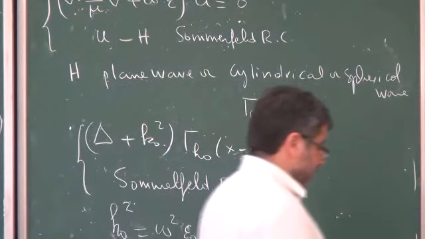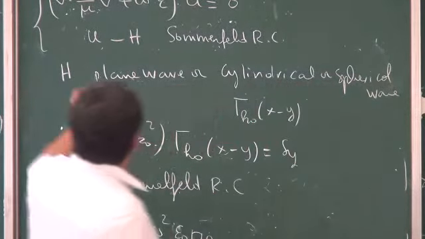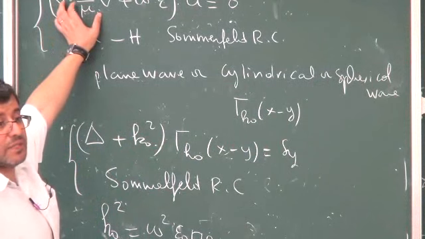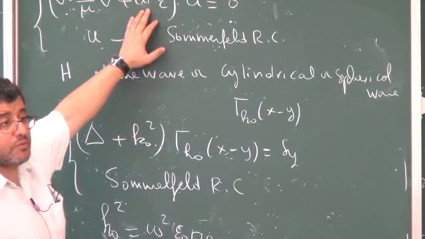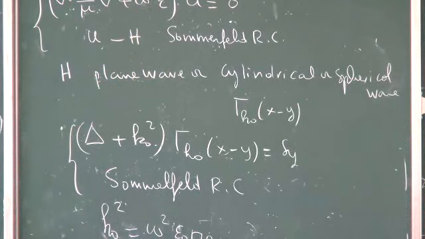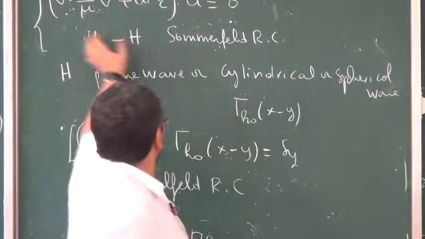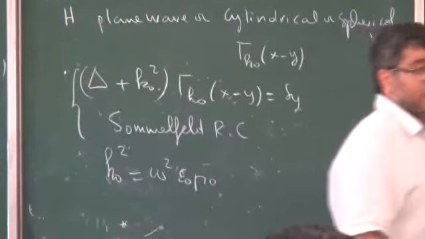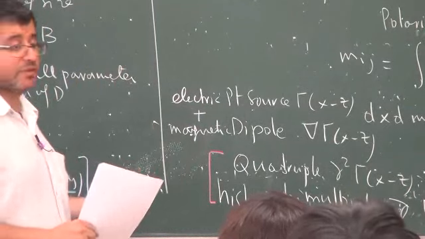What's the formula for the Helmholtz equation? It's almost the same. If you look at this equation, you have the same structure as for conductivity, but here it's different. It's a zero order perturbation, and the zero order perturbation will induce an electric point source because of the contrast on epsilon. This part will induce a magnetic dipole. So for the Helmholtz equation, we get the sum of an electric point source plus a magnetic dipole. So the formula is here.